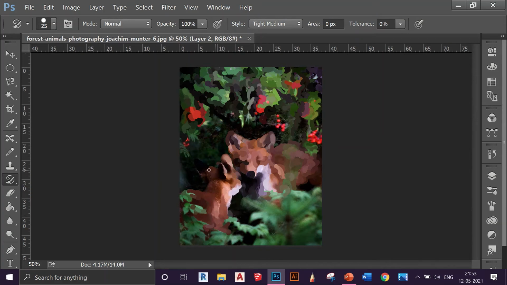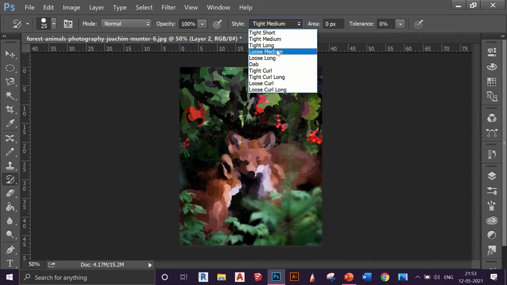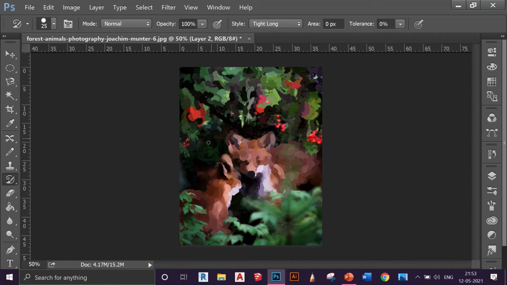So you can choose any brush for anything. You can choose different brushes for backgrounds and the foreground. So it's totally up to you how you use it. So I'm pretty satisfied with what I have right now, so I'll go with another one, maybe type long again for the background, and I'll do the background over here because I want the background to be a little more blurry as compared to the fox I have because it's in my foreground. So yeah, let's do this.